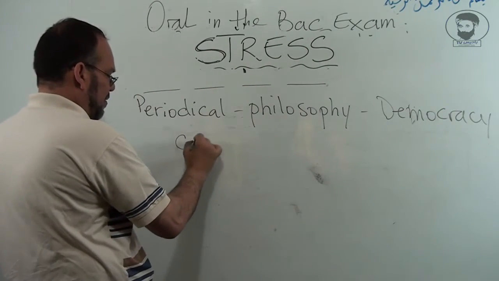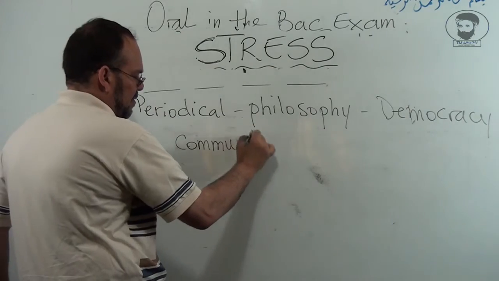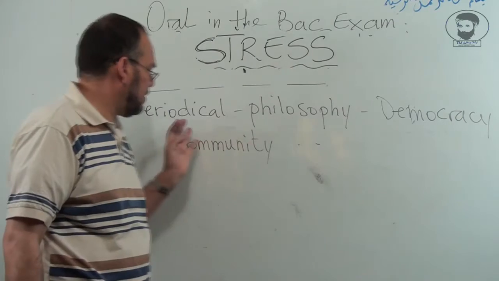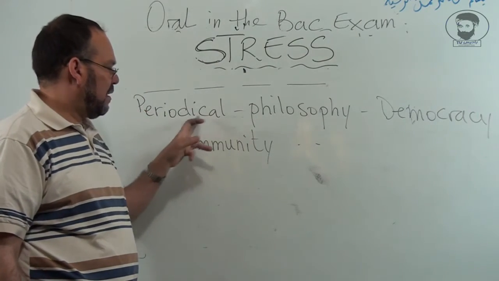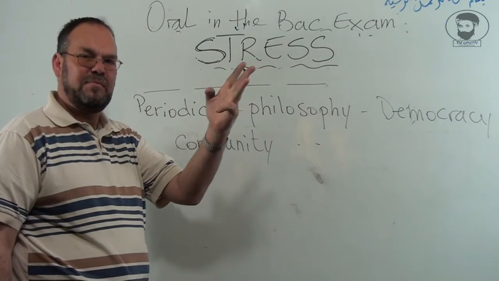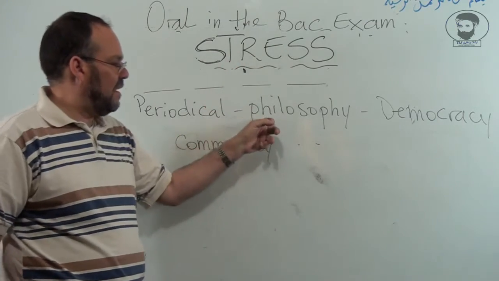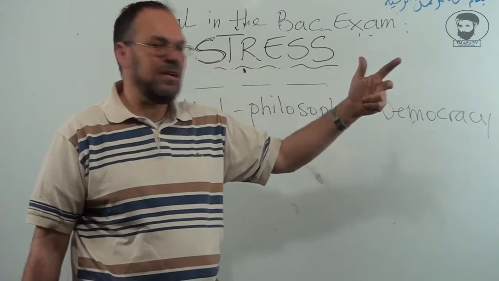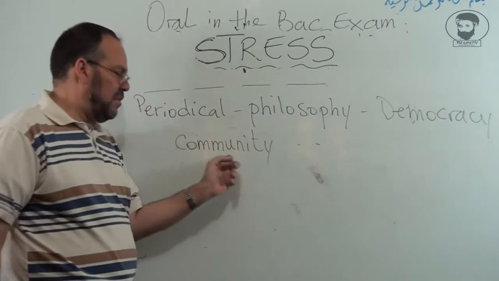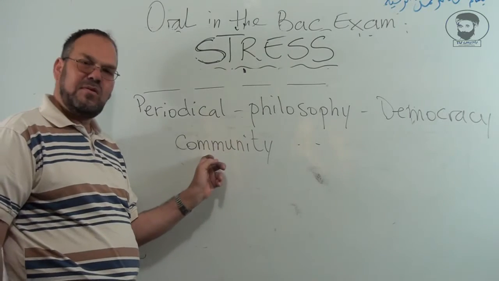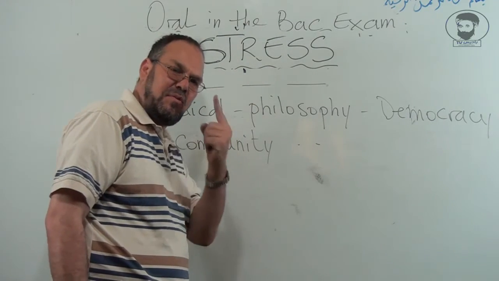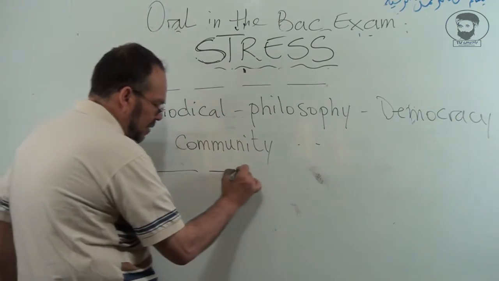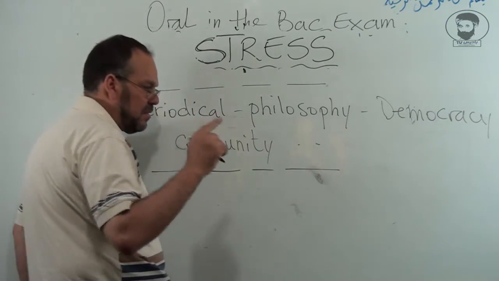So all these words are polysyllabic: periodical, philosophy, democracy, community. When you've got two double consonants, it means you count one. So, community. Now, for this kind of words, where we've got a lot of syllables, if the word finishes with